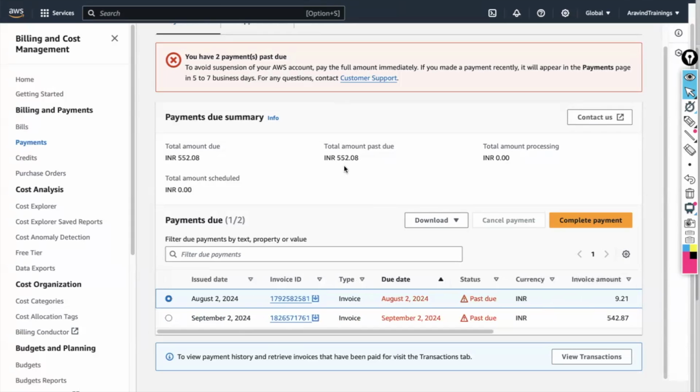If I don't pay this amount, they'll wait for one or two more months and then they'll suspend my account. They are telling me to pay the full amount immediately to avoid suspension of my AWS account. If you made a payment recently, it will appear on the payments page in 5 to 7 business days. If you don't pay, they will suspend your account. So let them suspend, no problem. Because